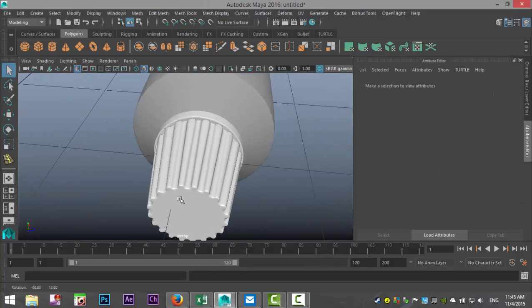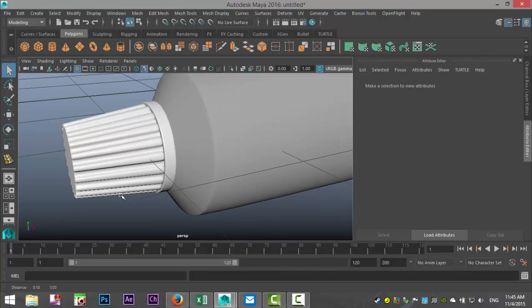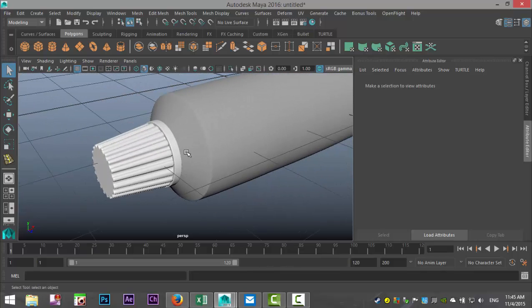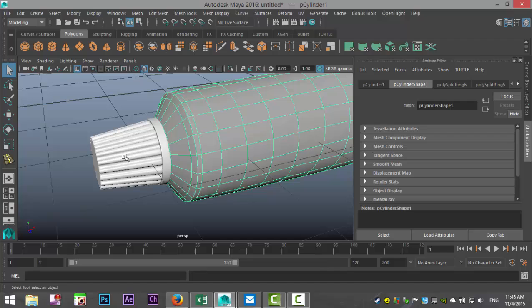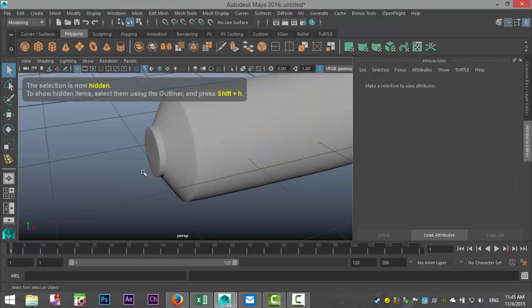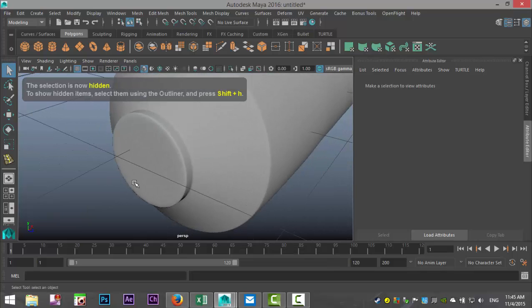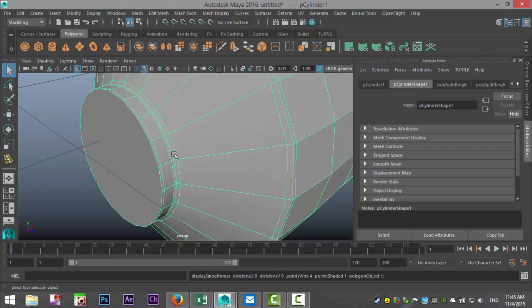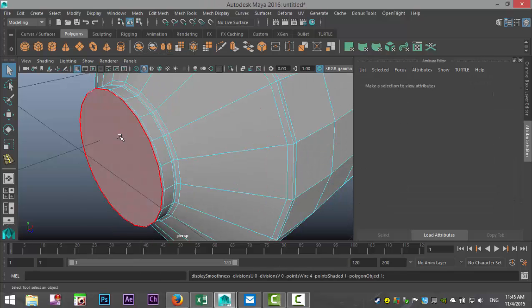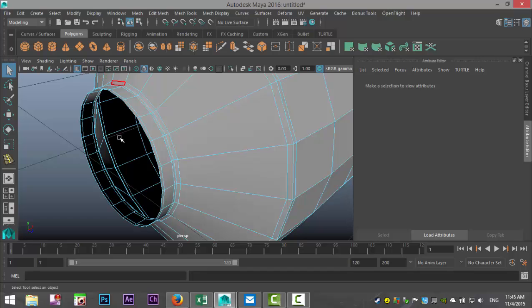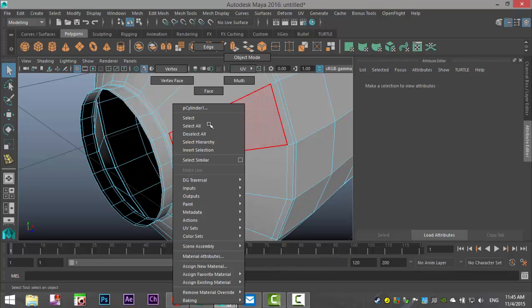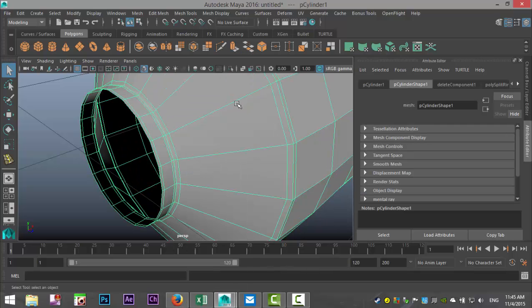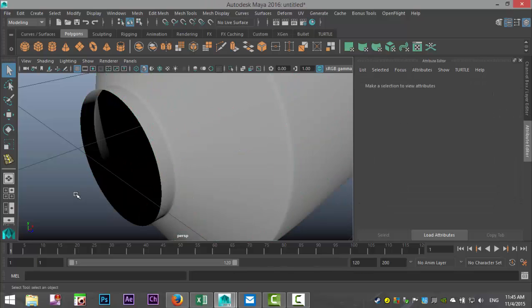And as soon as we get to the lighting part, we can see what that's going to look like. Then we're going to take this section. So we're going to take the lid or the cap, hit Control H to hide it. Now, what we're going to do is hit 1 to unsmooth. Right click face, delete that because we don't need it. And then right click object mode and test smooth again.